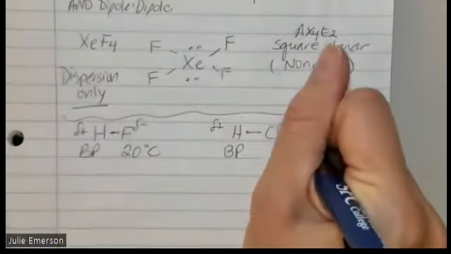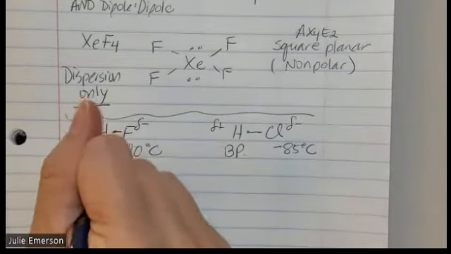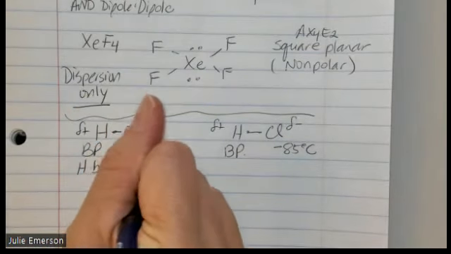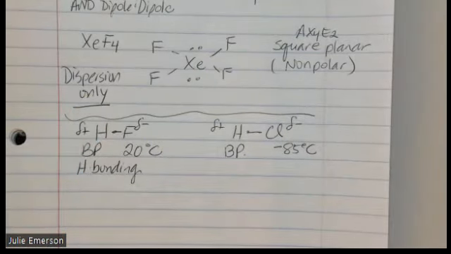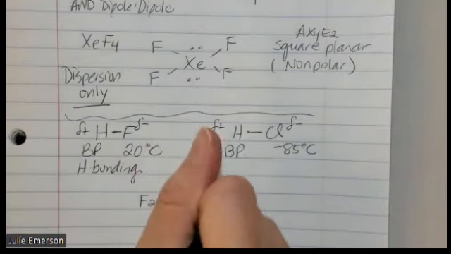So they're both going to have dispersion forces. So when you look at that, you think, why are they so drastically different? And that's because of the hydrogen bonding that happens in HF that doesn't happen in the HCl. So it's just kind of interesting because, like when we were talking about the halogens, when we were looking at F2,